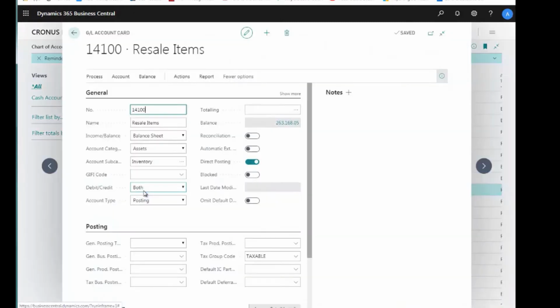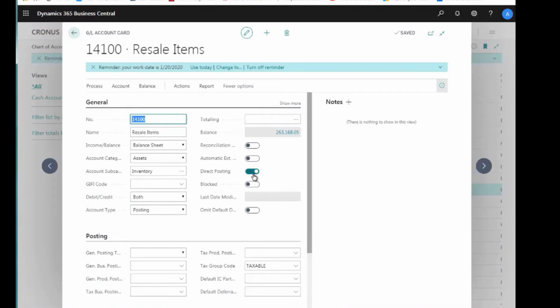So if I open this up, what I can do is take this direct posting off. What this does is this ensures that nobody can make a general journal entry or any kind of journal entry to this account directly that would throw off the balance between my GL chart of accounts and my subledgers. If I need to make a transaction of that type at some point in time, a controller or an accounting person can come in here, reset this so that they can do direct posting to it